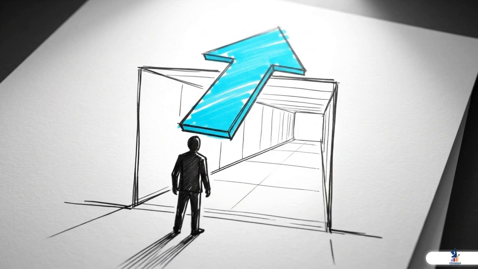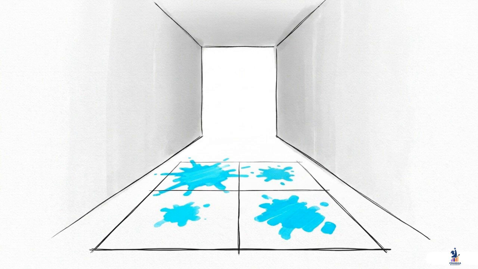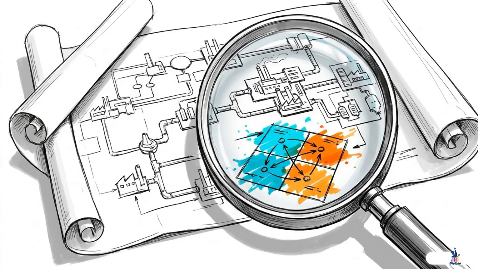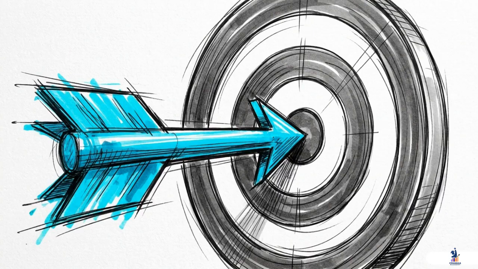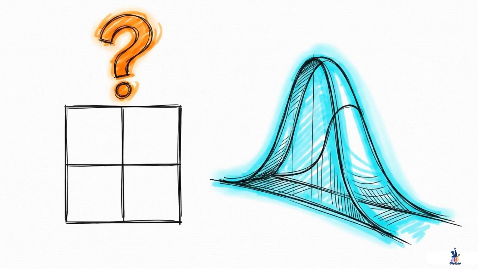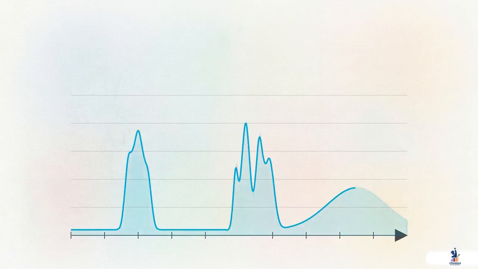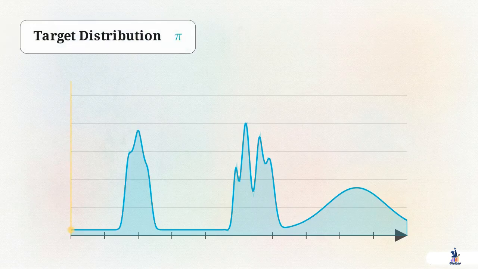By analyzing the transition rules of an irreducible system, we calculate its transition matrix and mathematically determine its final steady-state destination. So far, we have started with observable physical systems, constructed their transition matrices, and solved for their eventual steady states. Modern Bayesian statistics requires the opposite direction. In advanced machine learning, we often face an inverse problem. We already know the target probability distribution we want to analyze, the pi, but its geometric complexity makes it impossible